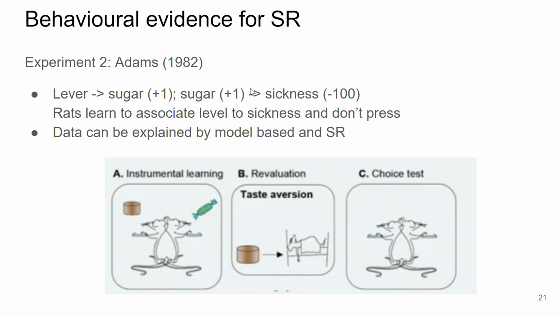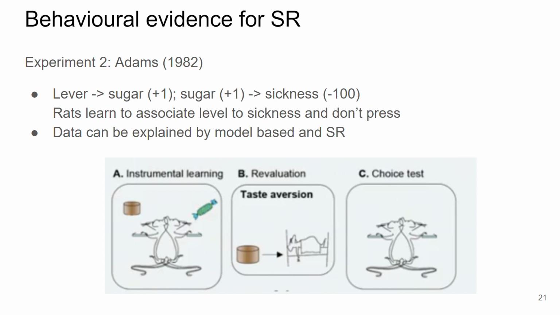So what we see here is it's able to generalize across these trials. If we were using a value-based method, we would associate the value of 1 to the lever also. And in this case, we would reduce the value of sugar based on these trials, but you don't update the lever anymore. So if you're using a value-based method, this has to keep happening. It should be continuing to press the lever, but it doesn't.